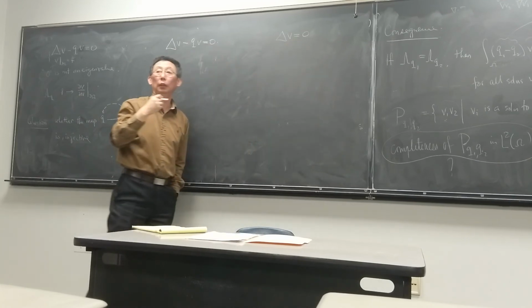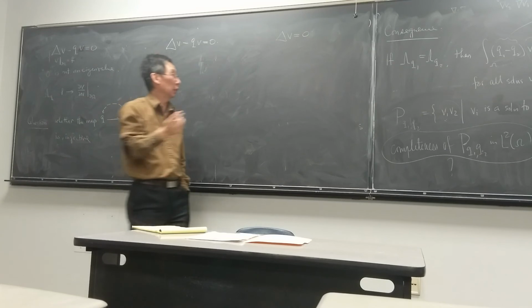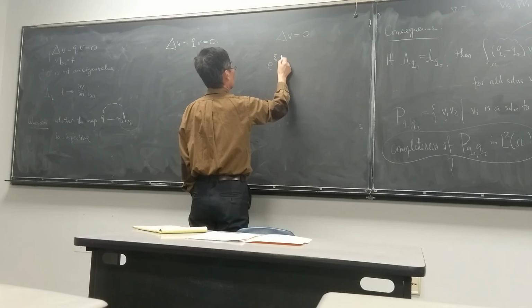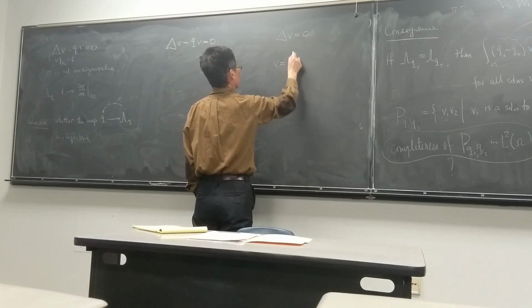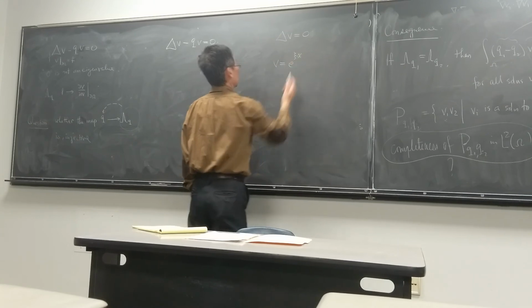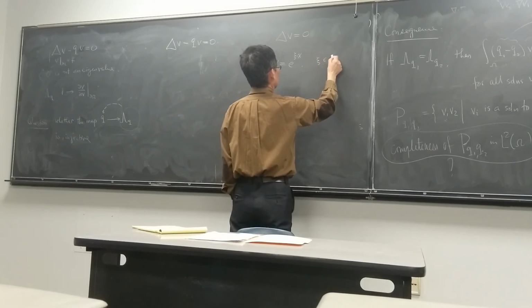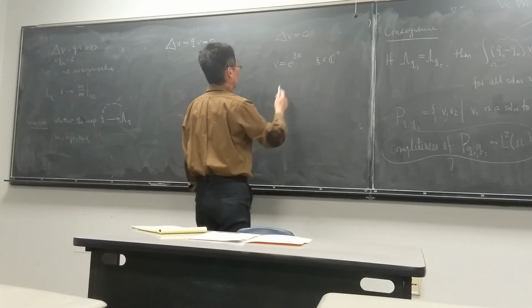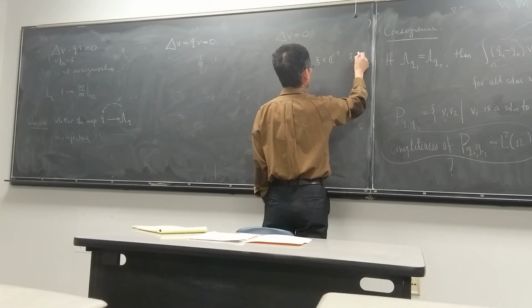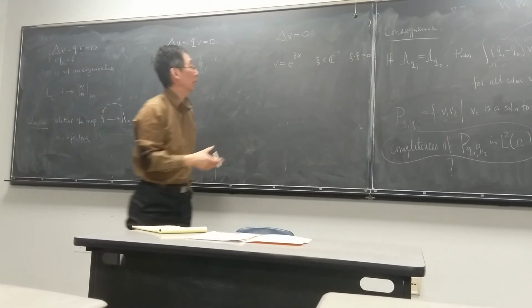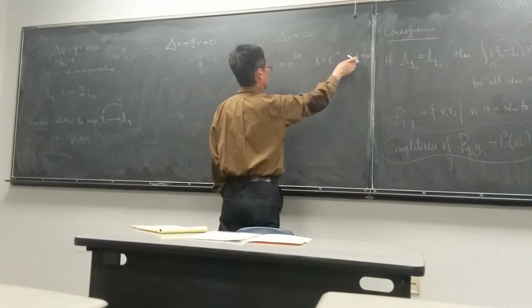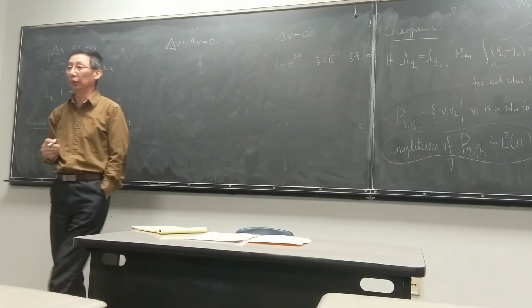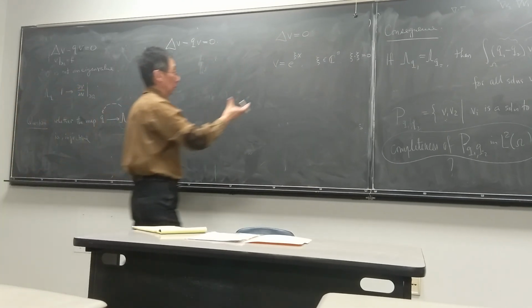For the Laplace equation, Calderón's work provided one clue, because in his linearization he discovered solutions to the Laplace equation like this: v equals e to the i ζ dot x, where ζ is in C^n, a complex vector, with ζ dot ζ equals 0. He found that as long as you take any complex vector with this condition, then this function will automatically be a harmonic function. But this harmonic function is not a real function. It's complex.